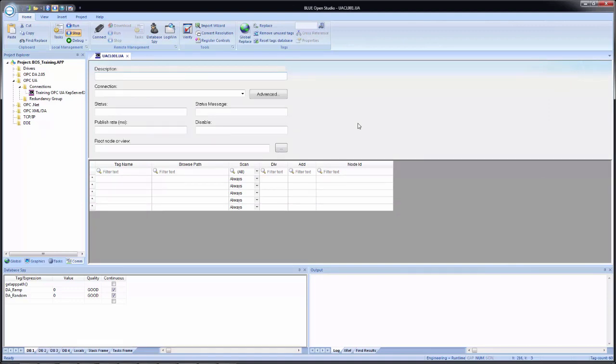This is similar to other worksheets where we have a header at the top and of course the body at the bottom. And here there is only one thing that we need to configure, and that is the connection field. So when we drop this down, we now see that our connection is listed here. So I'm going to select my training OPC UA KEP Server EX connection. And for the description field, I'm going to put in the same thing here. Training OPC UA